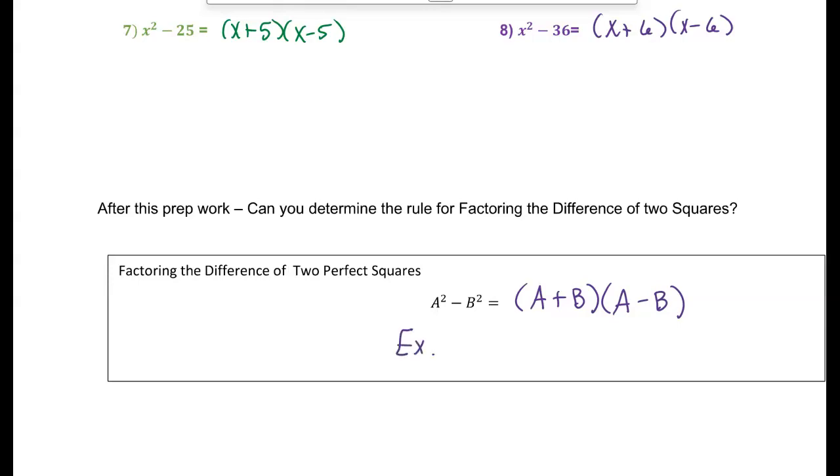Here's an example of following that pattern. What if I had 4x squared minus 9? Now, a lot of people look at that and they freak because they're like, there's a 4 and there's an x squared. Can I multiply something by itself to get a 4x squared? What value? 2x. So if I ask you to factor that,